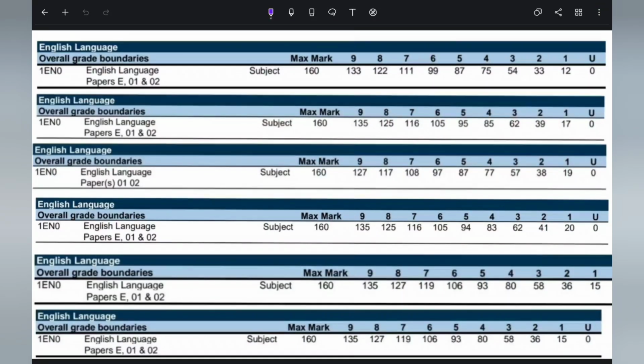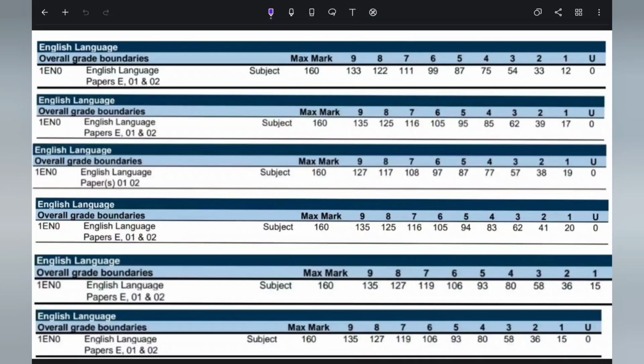Hello everyone, welcome back to Easy Education London, and today we are looking at the grade boundaries for the GCSE English Language 2023. Now, Language Paper 1 is being sat on the 5th of June and Language Paper 2 is being sat on the 12th of June. So what I wanted to do is provide my predictions for these upcoming exams.